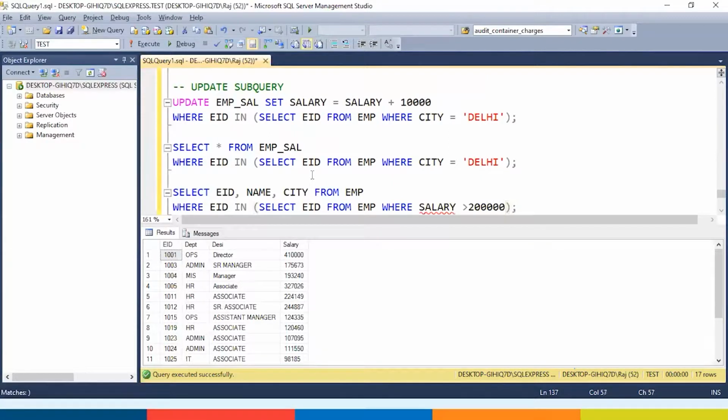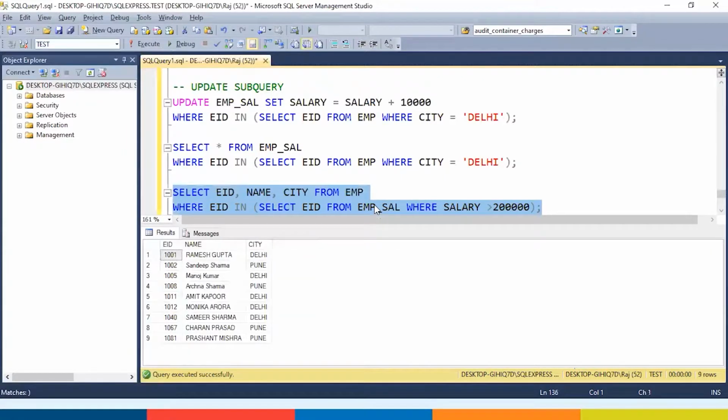So I want to get employee ID, name, city of the employees whose salary is more than 200,000. So we are getting 8 team members where the salary is more than 200,000.